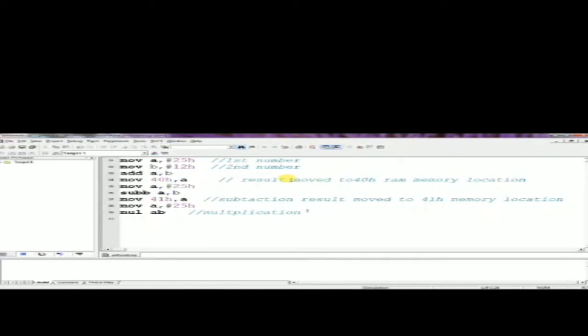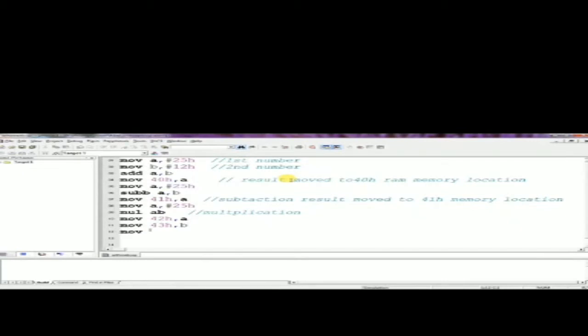Then MOV 42h, A. That multiplication result will be stored in the accumulator, so we move that accumulator value to the 42h memory location.